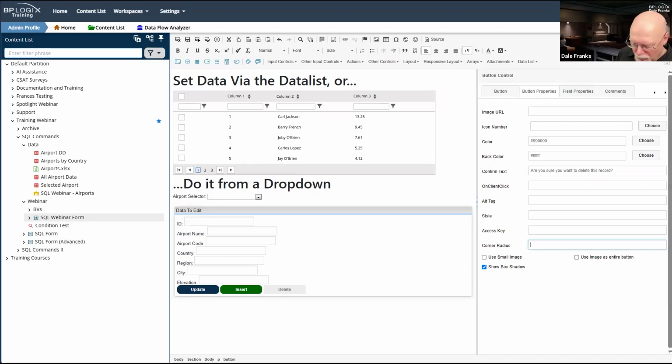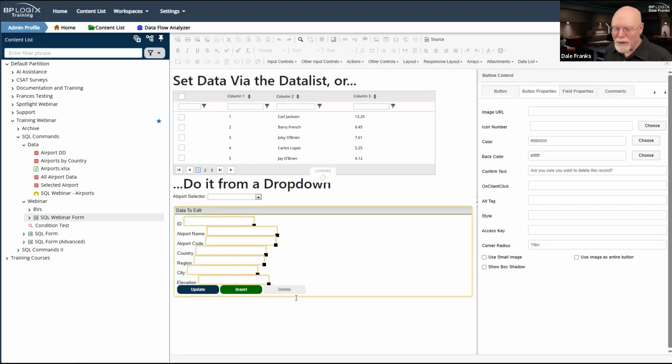And we'll set the corner radius to 10px again, and we'll turn off the box shadow. So now I have a button. Let's just save it just so that we can watch it turn red.